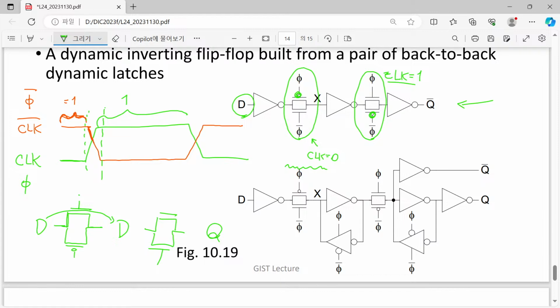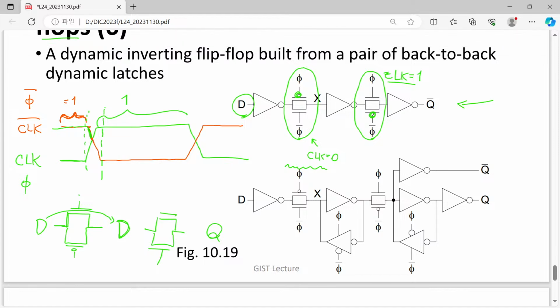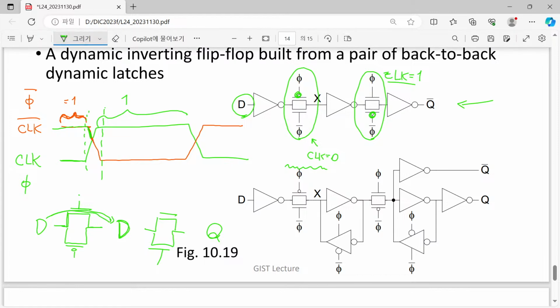Previously, in this time scale, although this first transmission gate is transparent and D is here, it was blocked. However, here we have a very short time. Like first, this value is copied